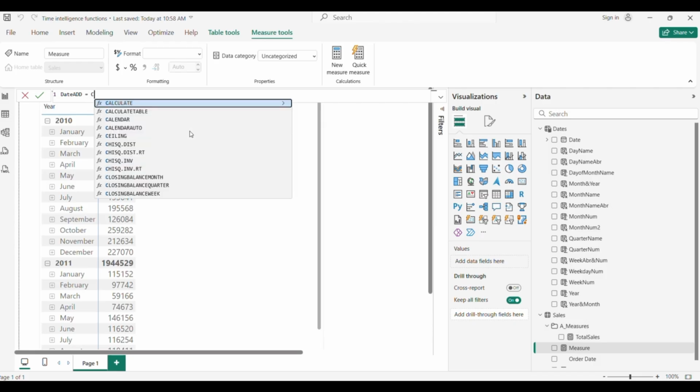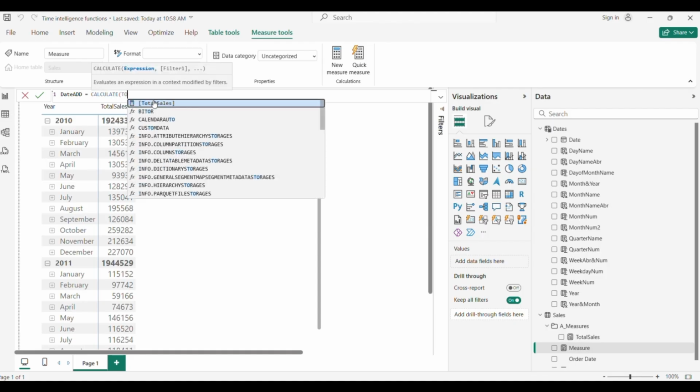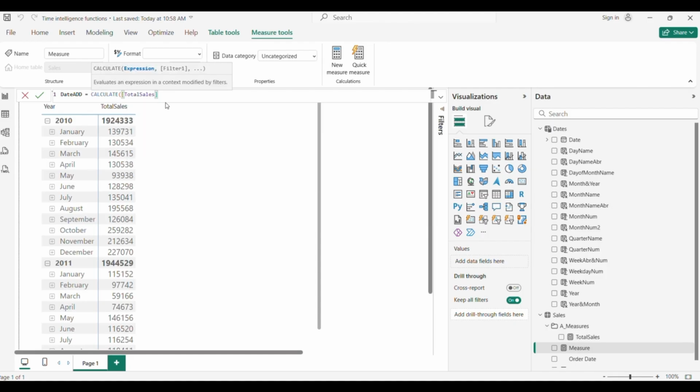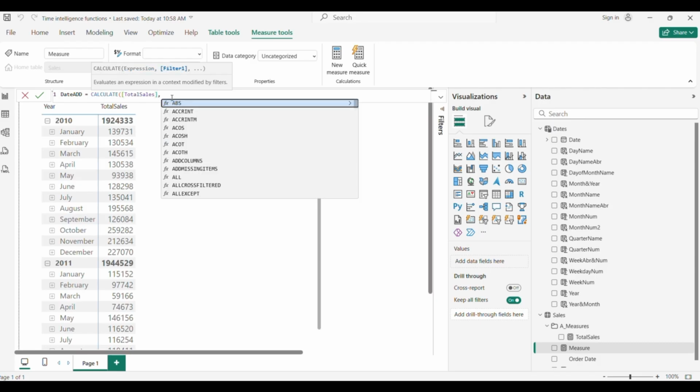And we will use the CALCULATE function. We will use our first measure, total sales, because we want to filter total sales and shift our data by 1 month. So we will say DATEADD.